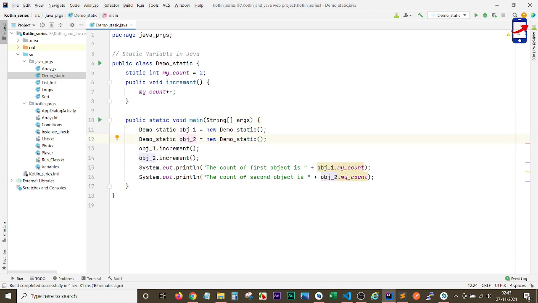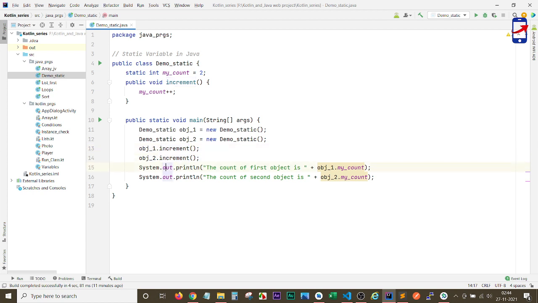Once we call it, we create one object of this class, and then we are printing its value.